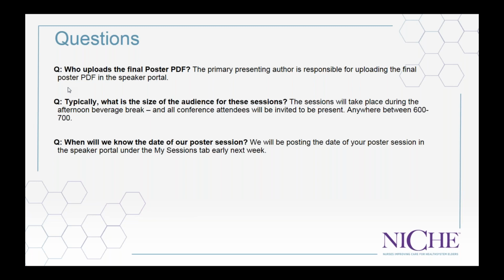So if someone wants to refer to your poster, they can click a link and it'll be there. We don't want it to be a spoiler, which is why we always do it after the conference, but because the format's a little different this year, we may try to post those linkable files earlier. Either way, they will have a copy of something that is a little bit more on the go-green side of things. So don't bring anything with you except for your business cards. That might be nice. They might have follow-up questions, and then that would be a good way for them to get in touch with you. So thank you for that question. Next question.